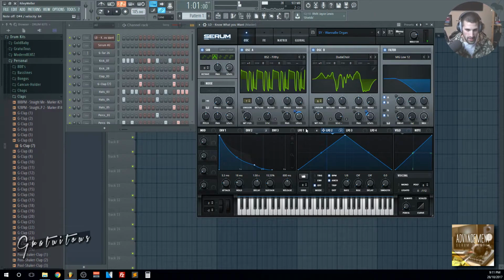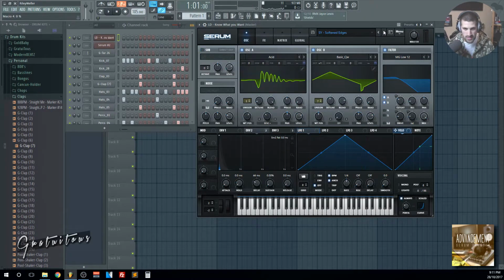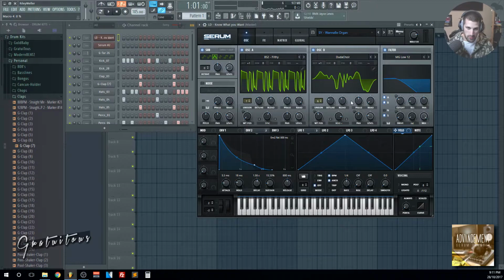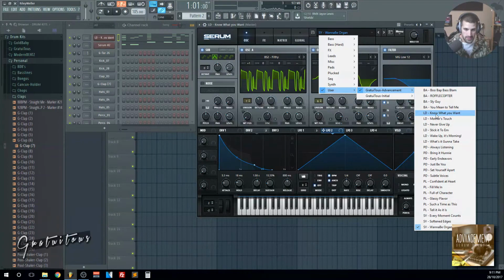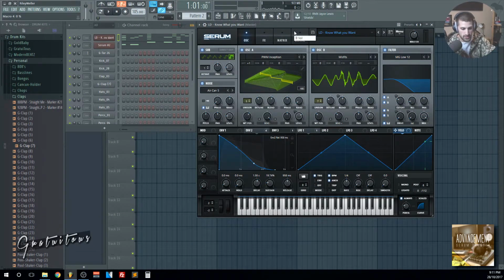So that's the reason why I didn't dial in tons of pan, just because I find it's almost too much. So here, let's go. I'll just leave it as it is. But if you wanted to make it more organ-y, that's what you could do. It's an LFO to the level and pan, and probably other stuff too. But okay, let's get into this little drum loop I created. I'm just going to go to the presets, and go to lead, and this is the drum loop. Okay, so here we go.